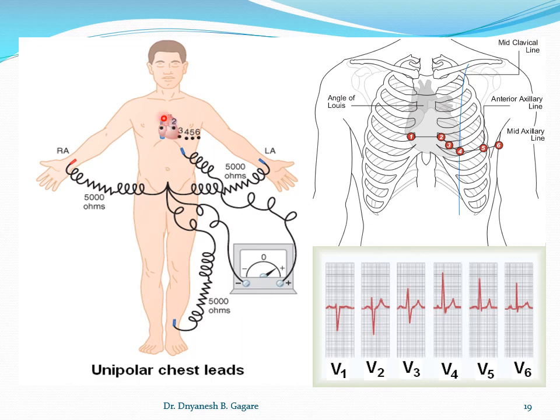And how it is changed? Suppose we get the 6 combinations V1 to V6, and when you have to record the ECG under V1, तो क्या करने का? Put the exploring electrode here. Okay, so what is exact this location I will tell you, but here when you have to record the ECG under V1, keep the electrode here. Okay, when you have to record the ECG under V2, then keep the electrode here.